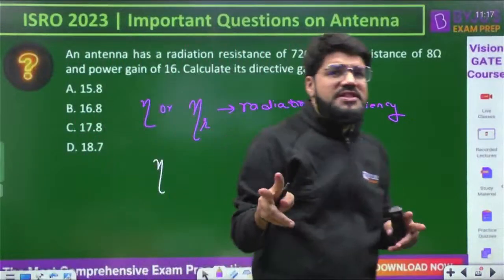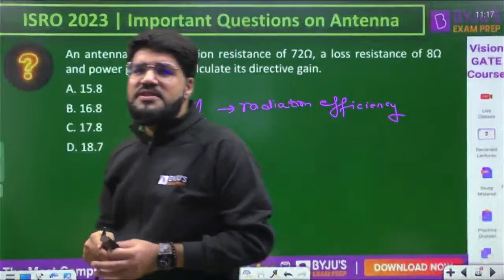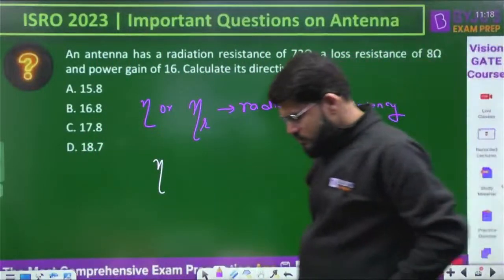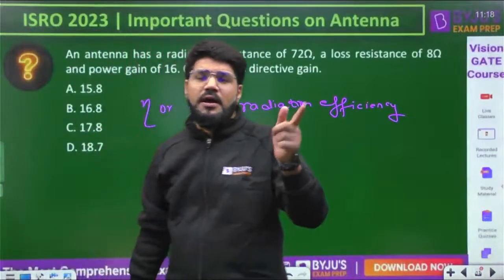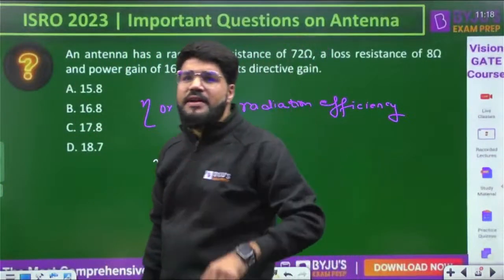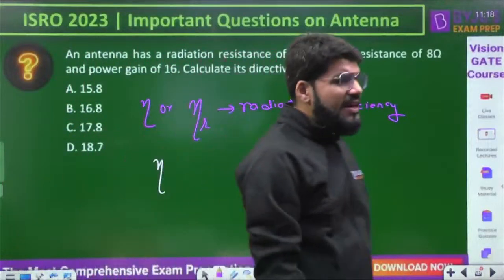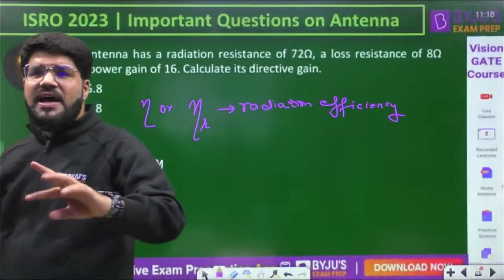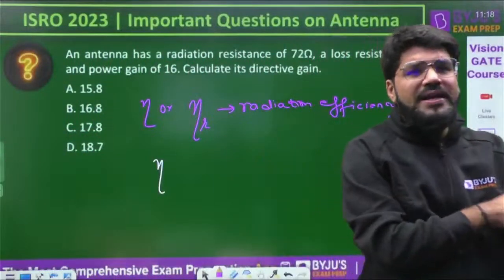Because there are two efficiencies that we define with antenna. One is the aperture efficiency. That depends on what current value you're taking, whether you're taking the RMS value or the peak value. The same thing that you apply in networks and other cases also. So I've taken I naught as the peak current. That is why half I square R. If you want, you can take the RMS value. Then you only take I square R.